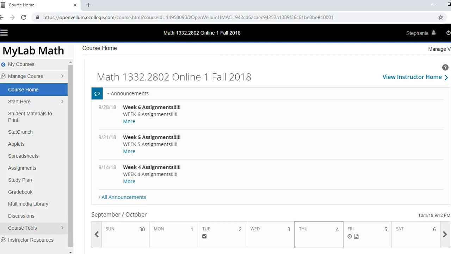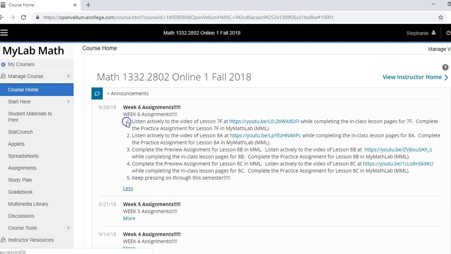The first thing I want to say is this is the page that you see when you sign into MyMathLab, and I want to make sure that whenever you see these assignments that you go ahead and click more, and then I would print this page and use it as a to-do list or a checklist to mark off what I have already done to make sure that I'm covering everything that I need to cover for that